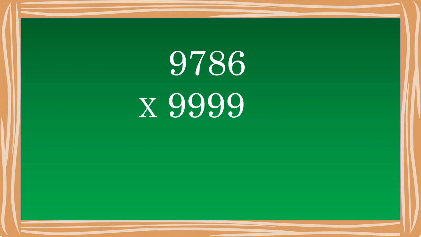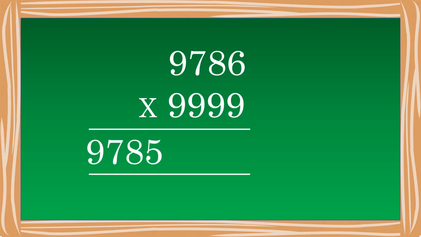9786 multiplied by 9999. Here the multiplier is completely nines and we are having 4 nines in the multiplier. The process is very simple. The given number, that is 9786 minus 1, so 9785. Let me write it aside. Then let me apply all from 9 and last from 10 rule on number 9786 to get the answer, 0214. That's it, our answer.